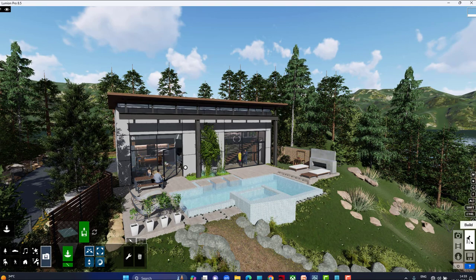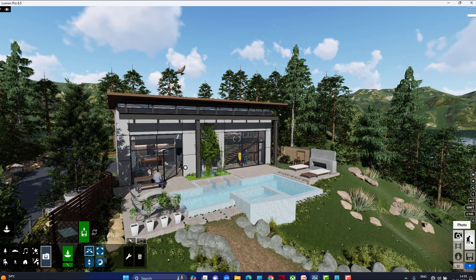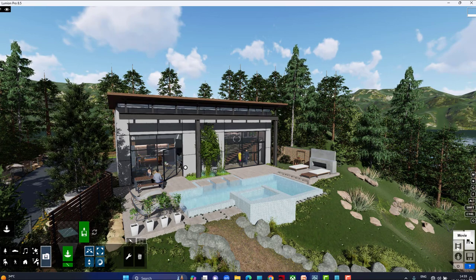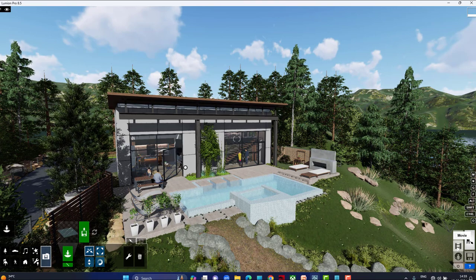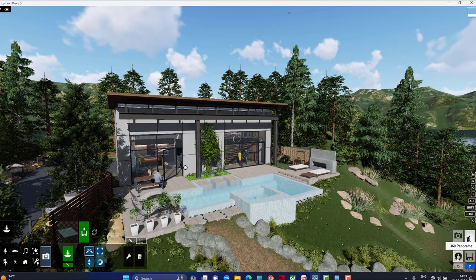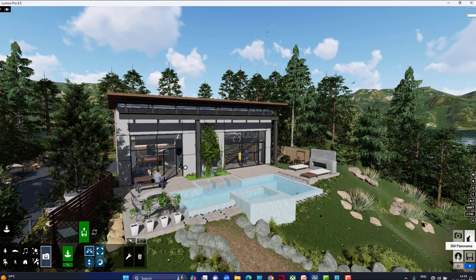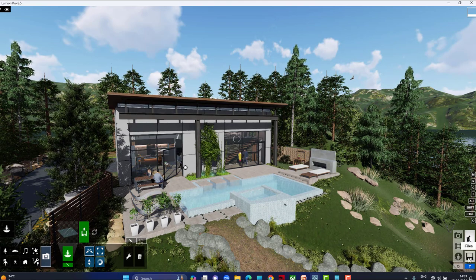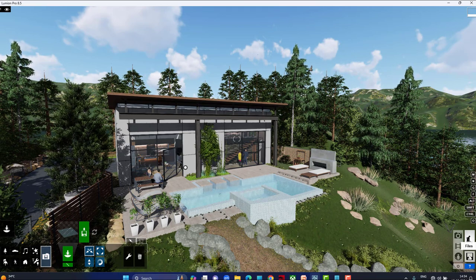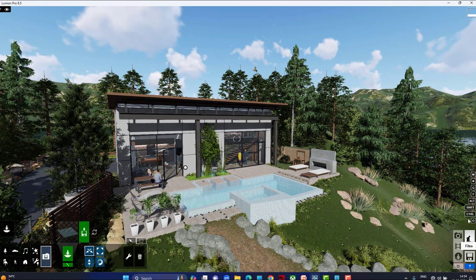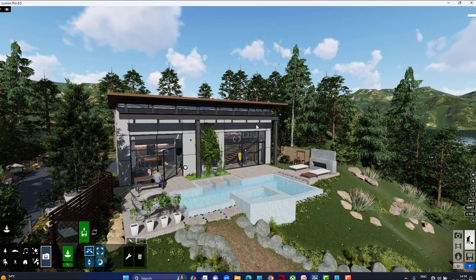Once you are done with the build, you can go to the photo mode to get the render views, and then click on the movie option to create the walkthroughs. Next, to get the 360-degree panoramic view, switch on this option. Once you are done with the work, if you want to save the file, you can use this option. So this is the total UI, or interface, or workspace of Lumion.